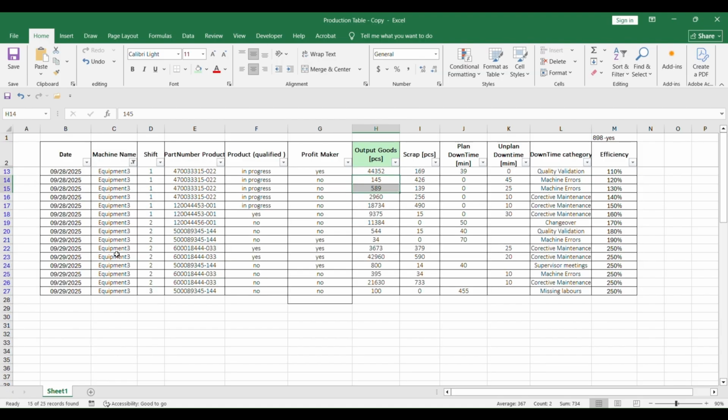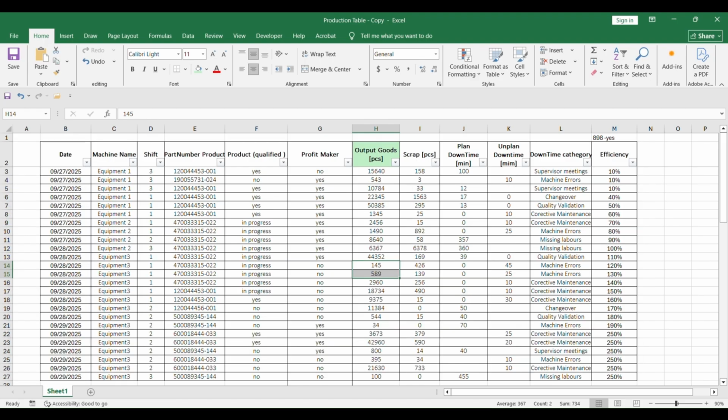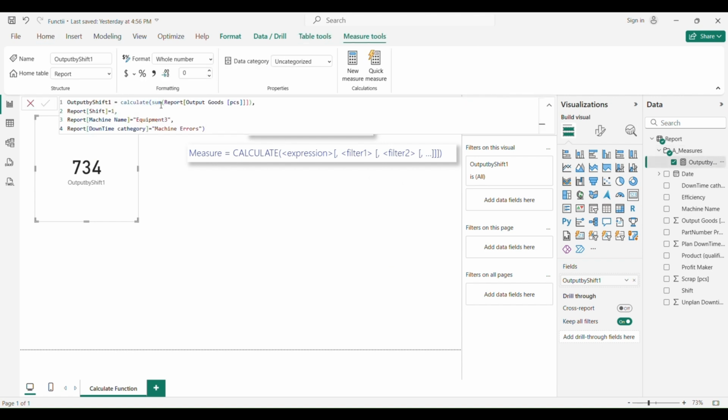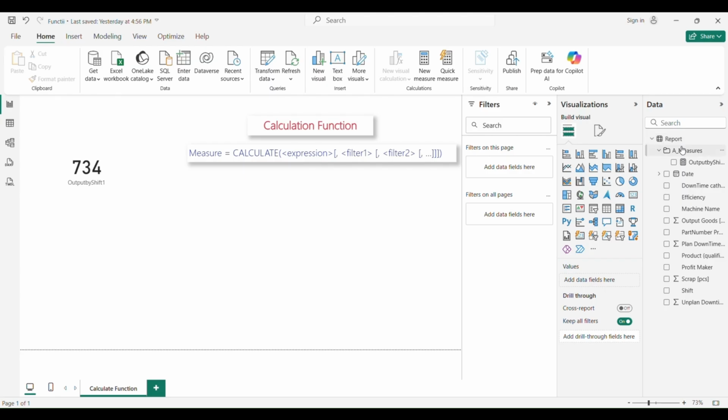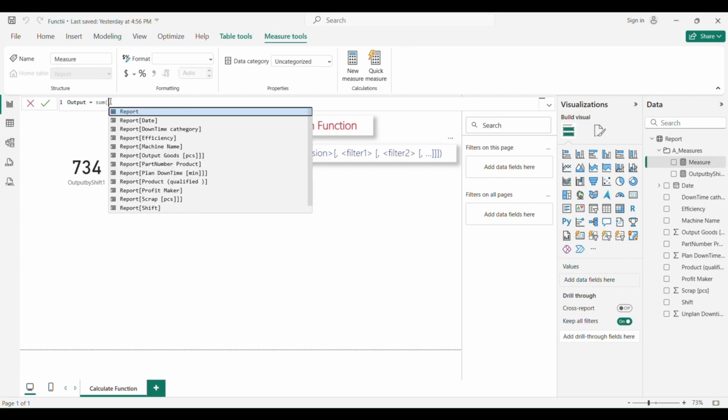Now we can do the same thing by using a measure as the expression instead of a function, as we did now. So I could put just a measure here, and to work a little bit faster I will not have to write SUM every time. So let's create a new measure. We will call it output. So it works both ways.